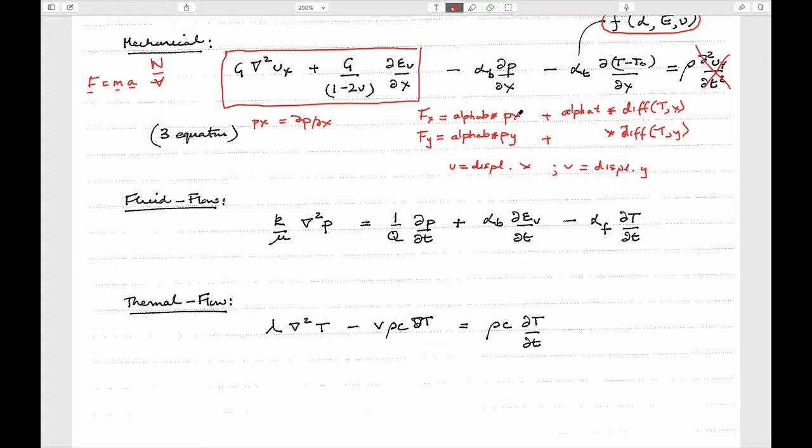And so by definition, similar to this, Ux would be the same as epsilon x, and Vy would be the same as epsilon y. And so this term here would be something like alpha B times, these are strains, these are volume strains, and so it would be something like